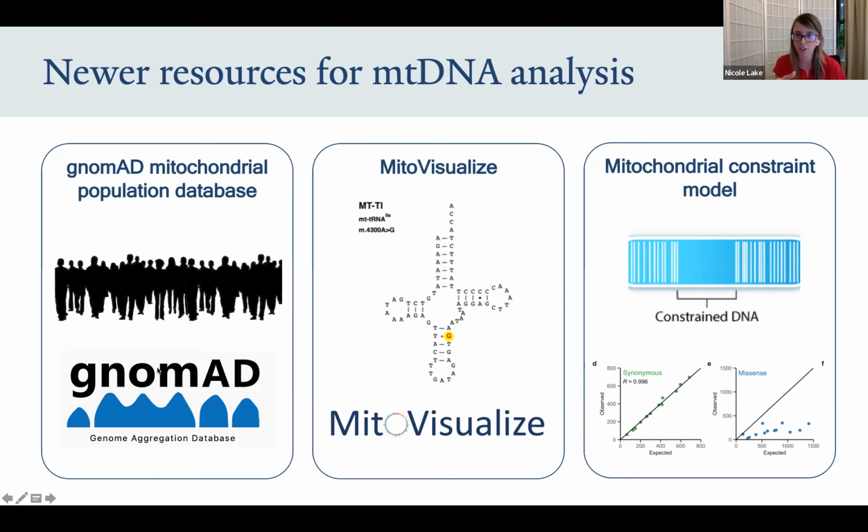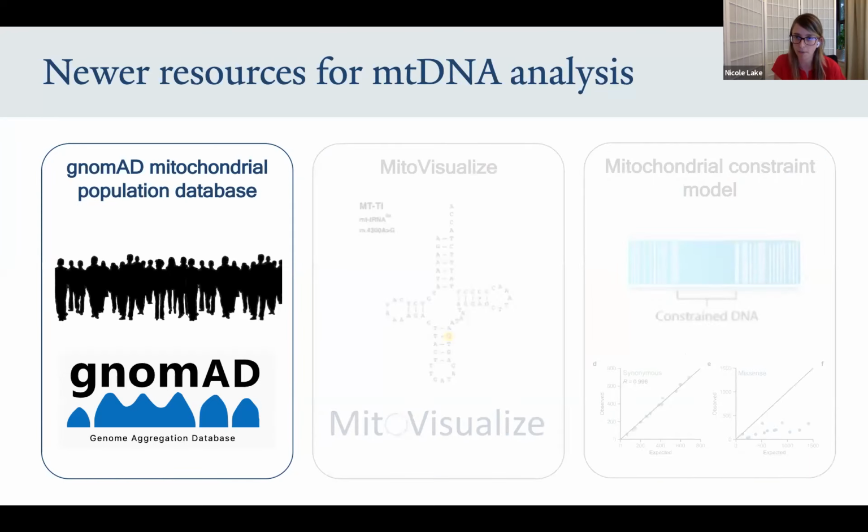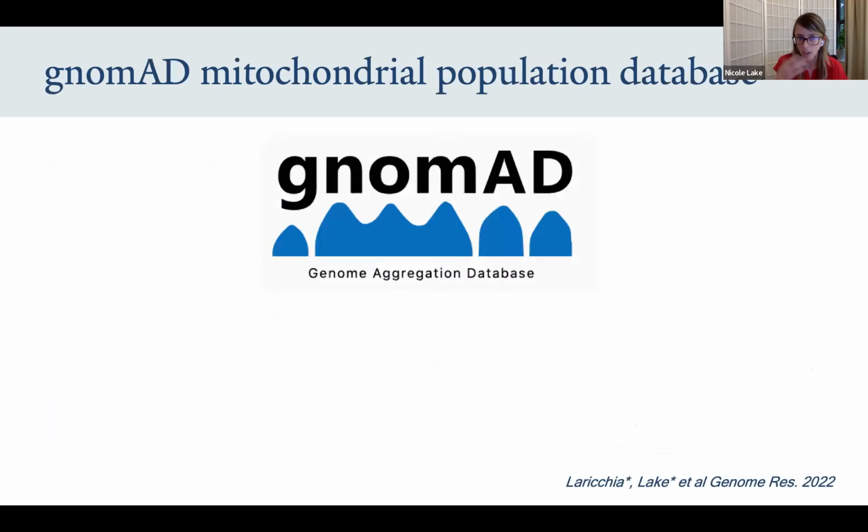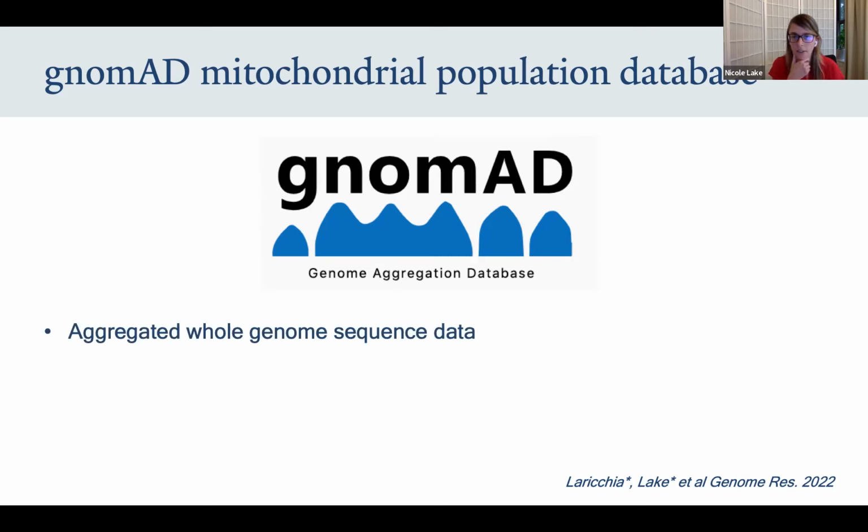And so on that point, I'm now going to transition to telling you a little bit about some of the resources that I've been working on with others as part of my postdoc to help address this gap. And so I'm going to start by talking about the gnomAD mitochondrial population database. So gnomAD is a database of genetic variation that's observed in the human population, and it's been widely used for variant interpretation in rare disease cases. And so historically, it only included nuclear variation, but actually it was the availability of whole genome sequencing data that really opened the door for being able to expand this to also include mitochondrial variation.